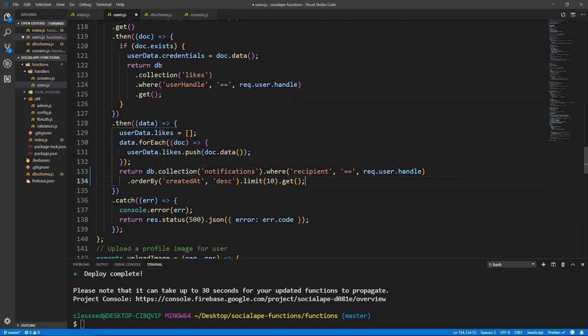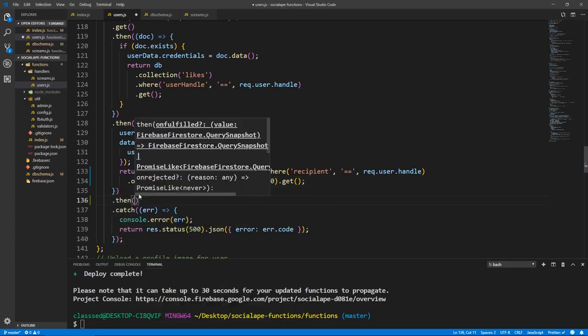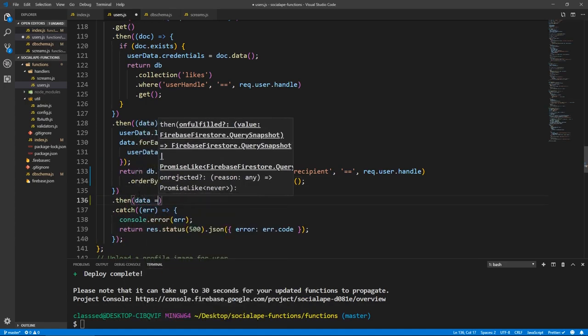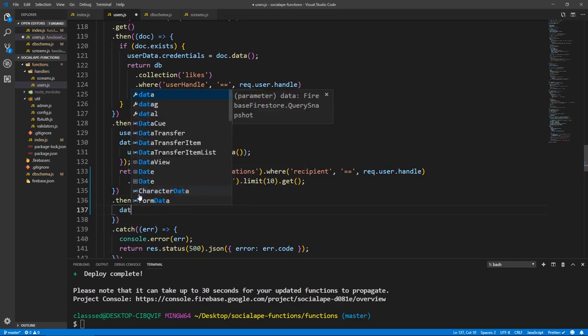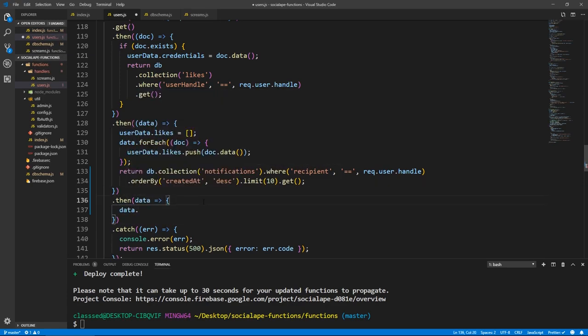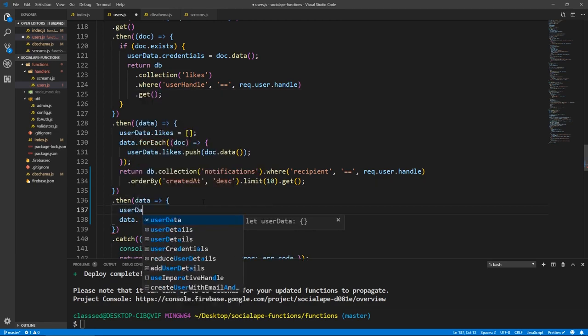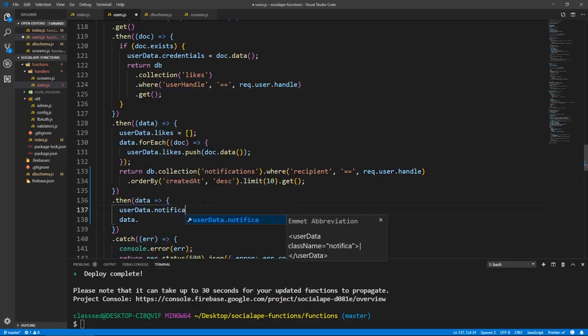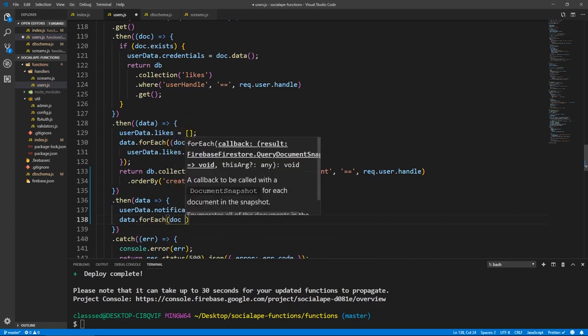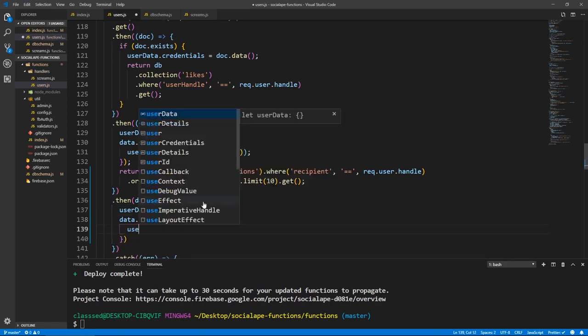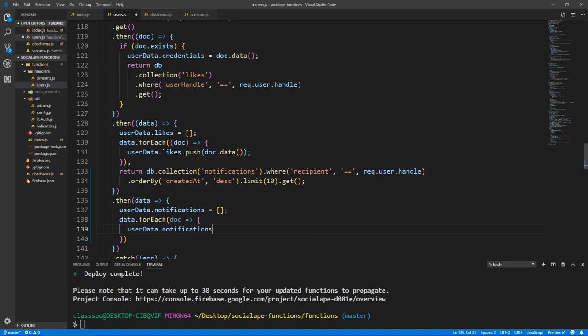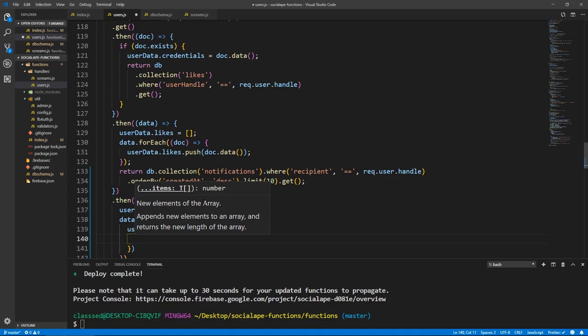So let me make sure I didn't misspell anything. All right, so here we change another then, and this will have a data. So we'll do data dot, let's actually initialize user data dot notifications equals an empty array, and here we do data dot for each document, user data dot notifications dot push, and we actually need the notification ID as well.